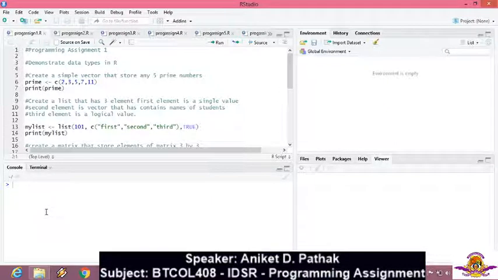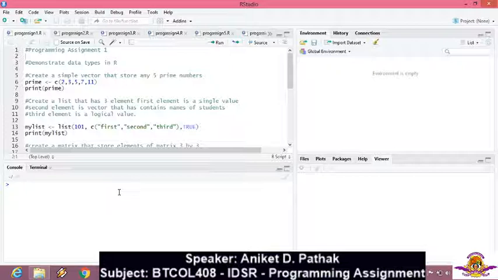If you want to clear the console, on the right hand side there is a broom symbol that you can click, so your console will get cleared. The alternative shortcut key for it is Ctrl plus L. Similarly, if you want to use your command prompt, then the terminal is made available to you.